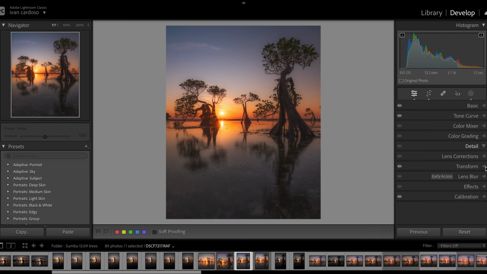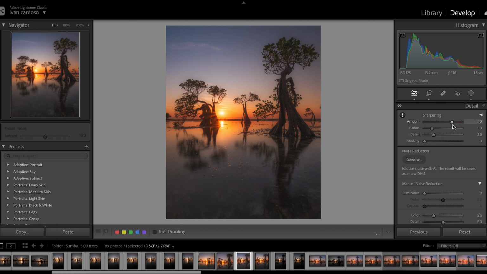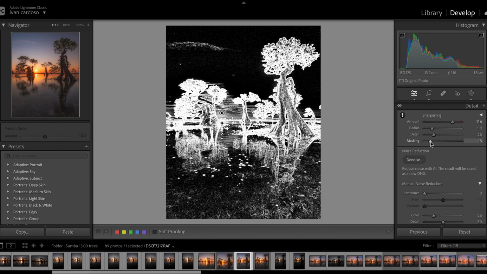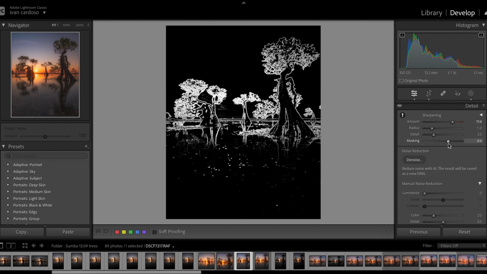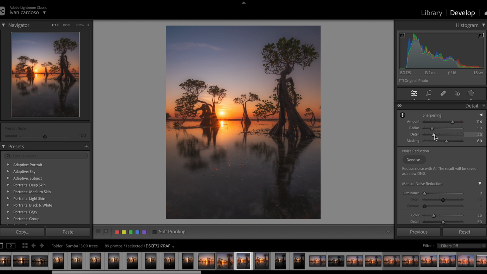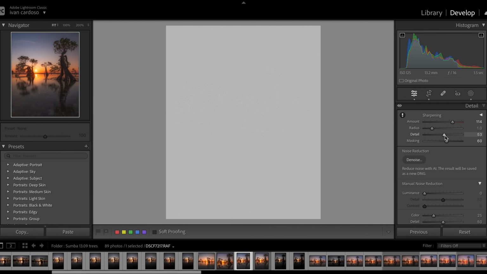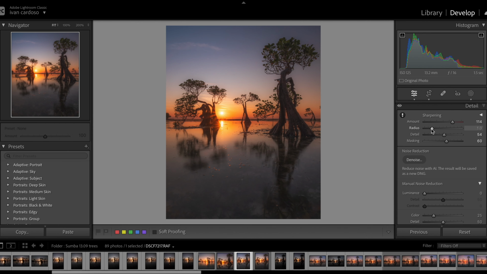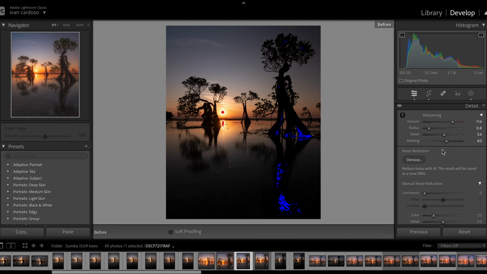And then I go on the details. I sharpen. I like to go sharp. I go over 100, 150, but then I mask. It's very important to mask the sharpness. You don't want to sharpen the whole image. You just want to sharpen the details. Maybe here. And then I go on the details, 53, around midday, ratio -2. Here we go. Now we start to see, if I show you how it was before and after,